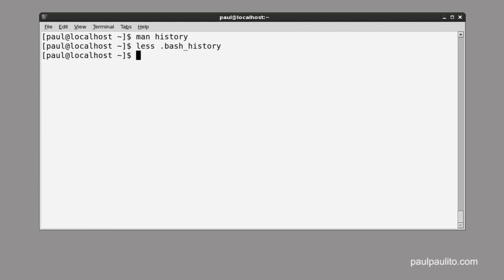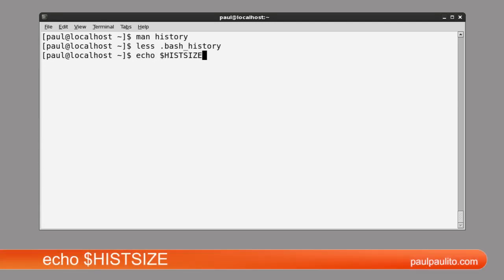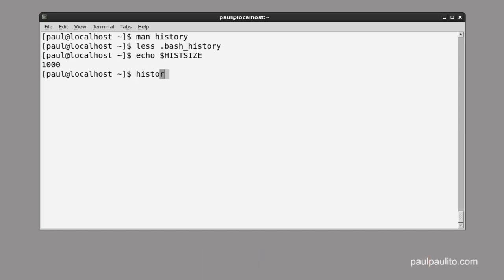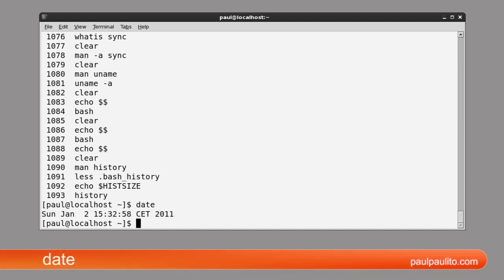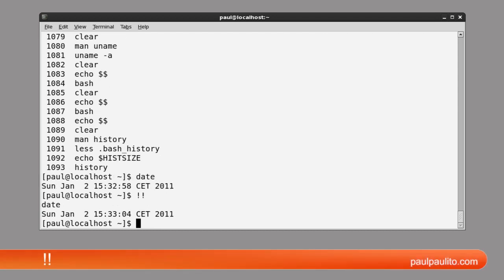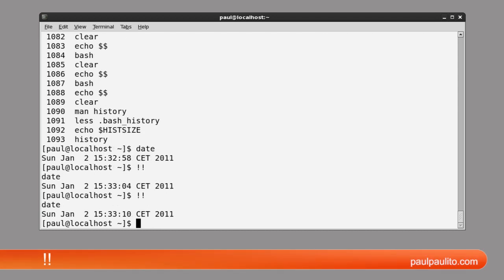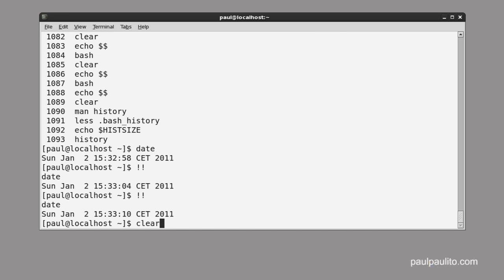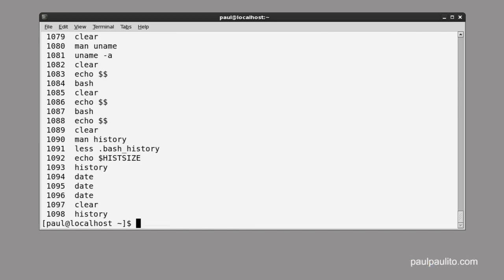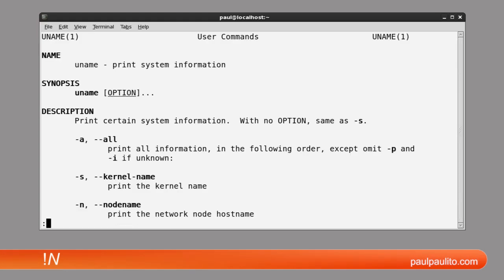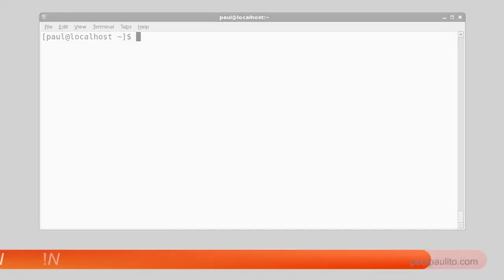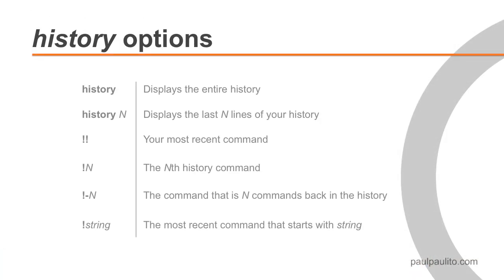An environment variable called HISTSIZE tells bash how many history lines to keep. Some of the commands that you can use with the history facility are